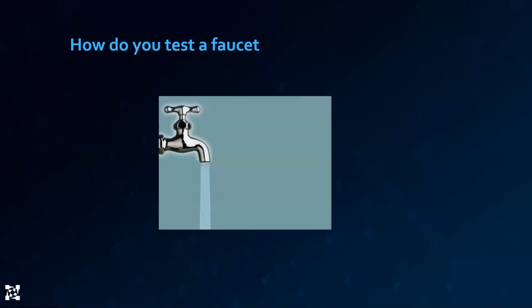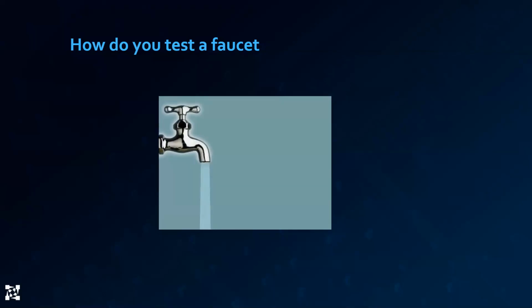virtualization itself. And when talking about service virtualization, I like to use this analogy. In our houses or places that we work, we have faucets, we have sinks, right? Things that give us water. But if you think about this, a faucet's kind of an interesting thing to test. How would you actually go about validating that a faucet is working properly? Well, the short answer is that you would go to the faucet, you would turn it on, and if water came out of the faucet, then it's working appropriately. If water doesn't come out of it, then something's wrong.